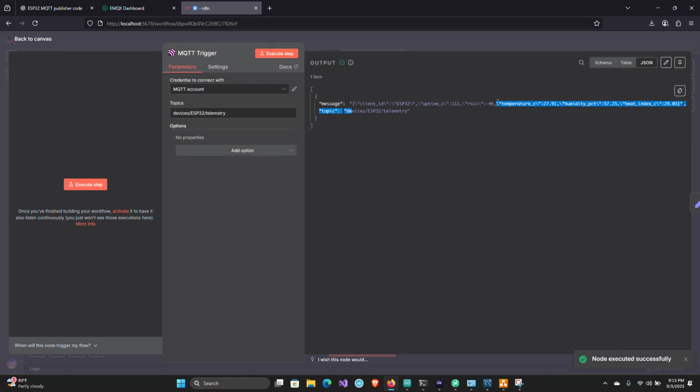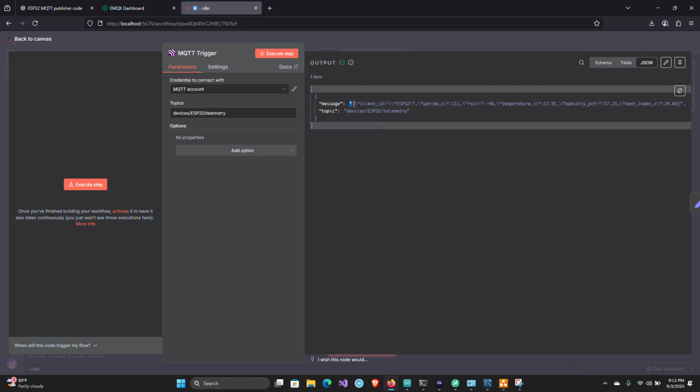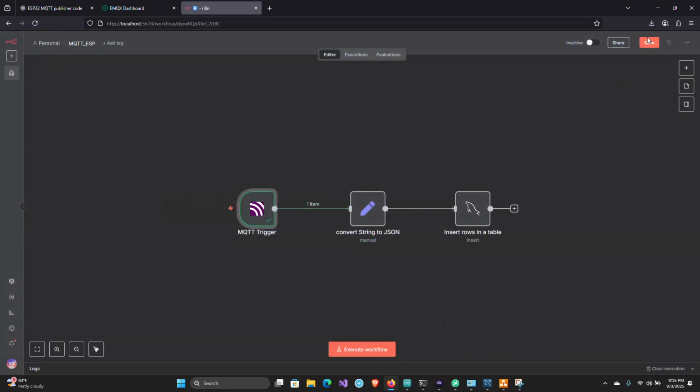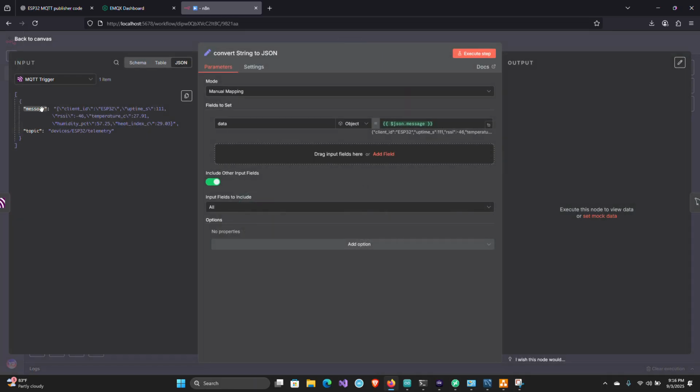Here's the payload from the microcontroller, and it is pushed every second. And then from this data, we use this logic here.